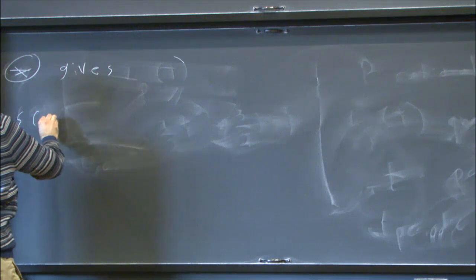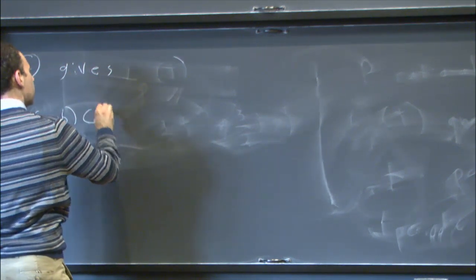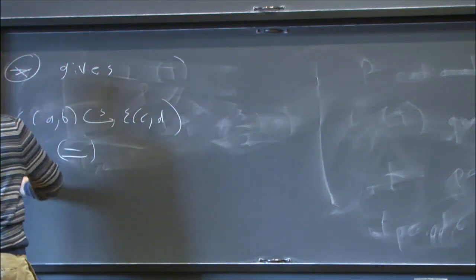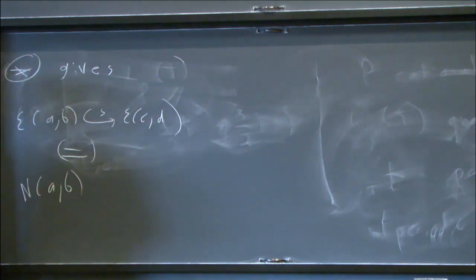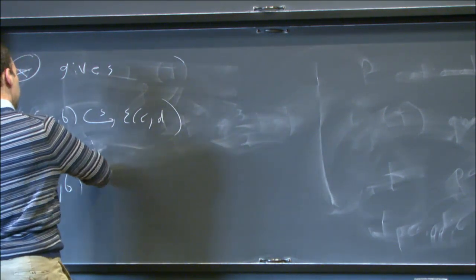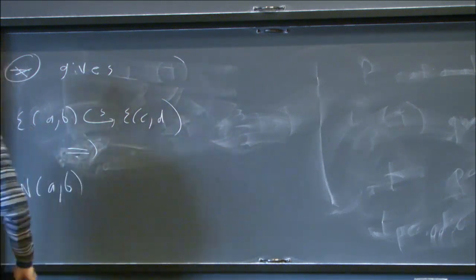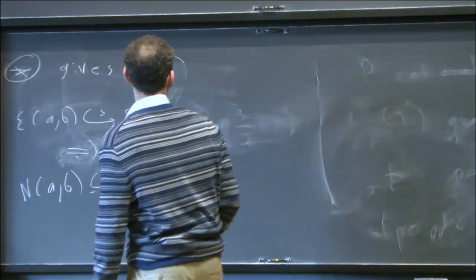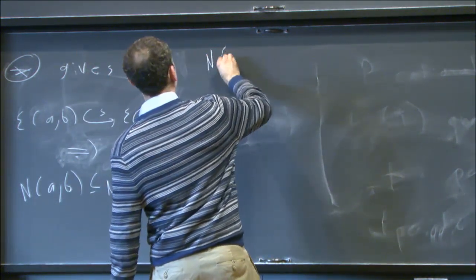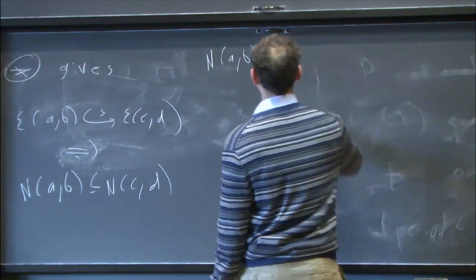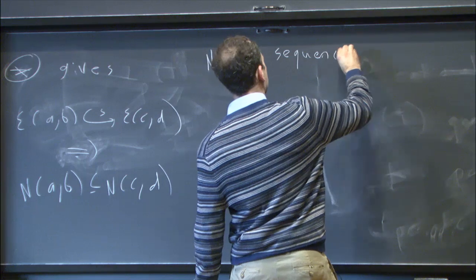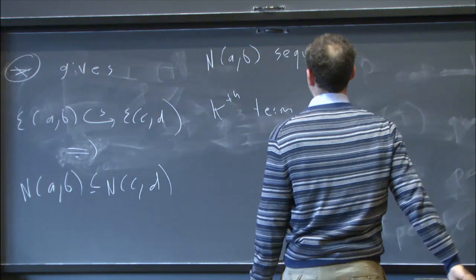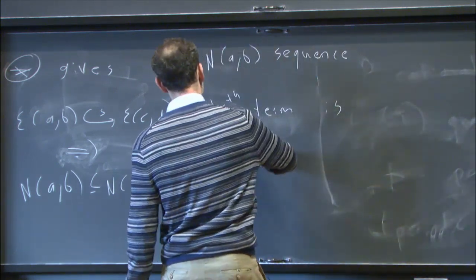if I have one ellipsoid that embeds into another, then, well, if I form the following sequence of integers, I'll tell you what this is in a second. Sorry. If I have one ellipsoid that embeds into another, then that gives me an inequality of sequences of integers. Where this N(a,b) sequence, this is the sequence whose kth term is the kth smallest entry